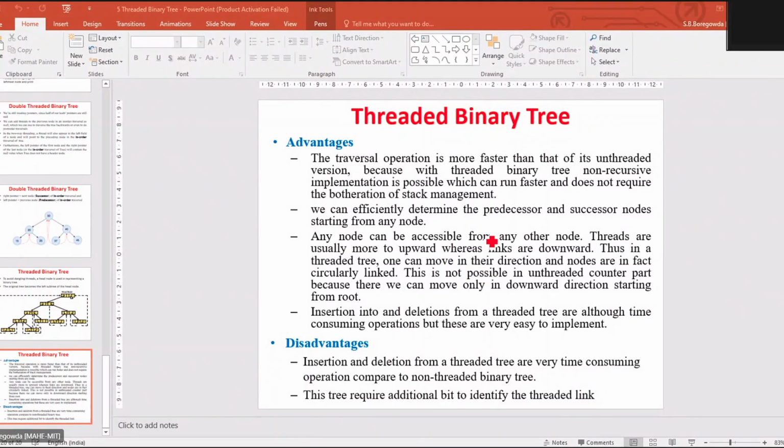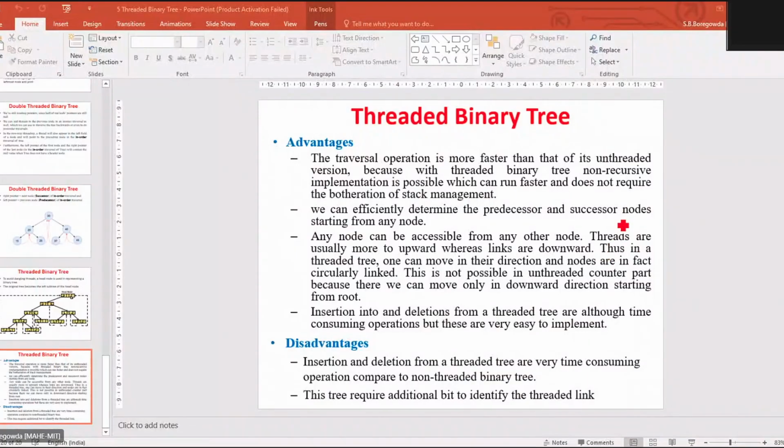Then after that, now you have to apply the right rotation at 3. First we apply the left rotation at 1, and after that we apply the right rotation at 3. After right rotation, we will get an AVL tree. So this is now well balanced. The balance factor is 0 for 1, 0 for 3, and 0 for 2.